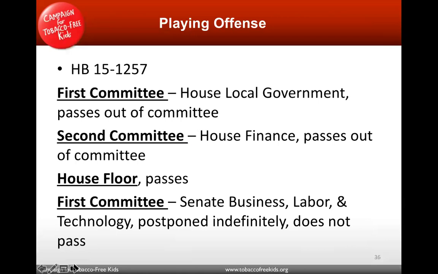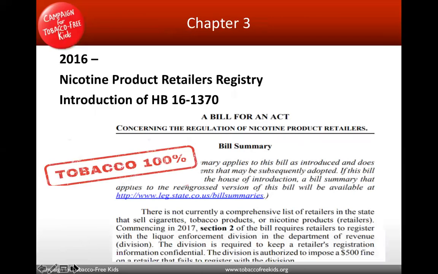And really, as an alliance, we went back to the drawing board to discuss then what would come next. Next slide. And what came next wasn't a bill that we introduced, but rather a response from the tobacco industry and the Petroleum Retailers Association. So in the time frame that we've been working the last couple sessions, and in response to our building partnerships,